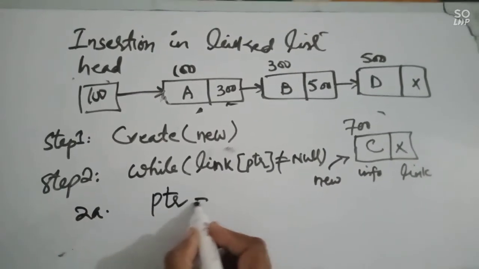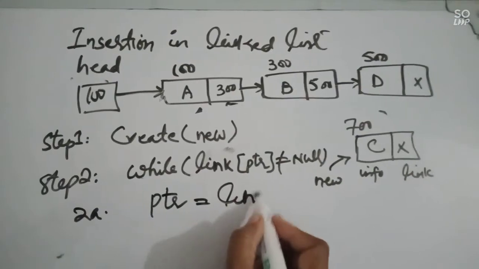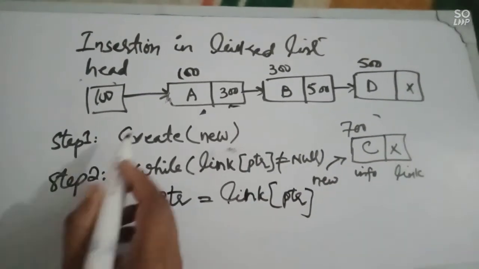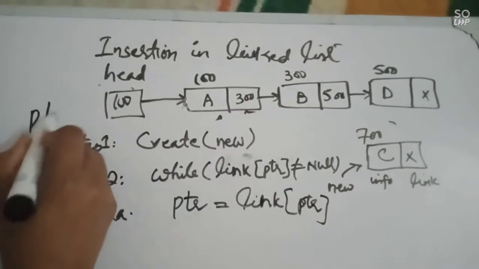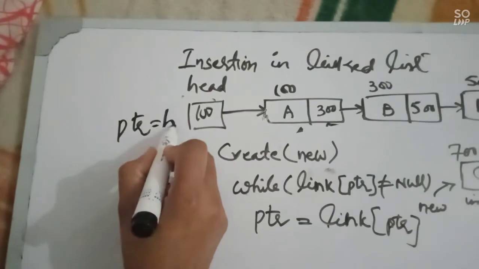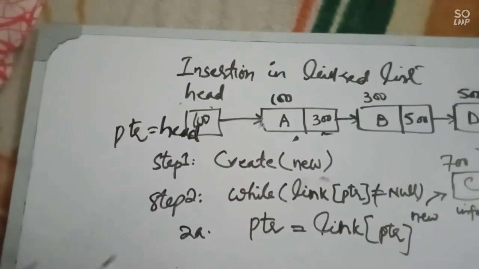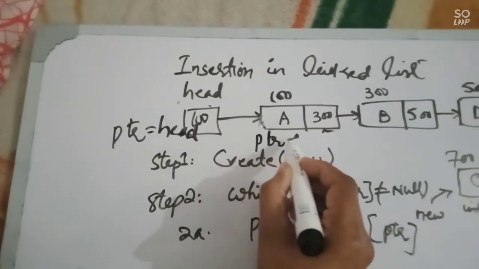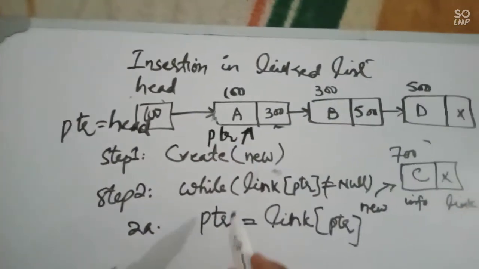Pointer is equal to link of PTR. Okay, we will start from here. Initially PTR will be equal to head, right? If PTR is initially head, it means PTR is pointing to the first node. Now look at this,